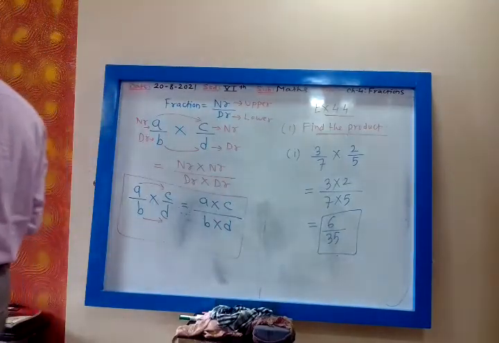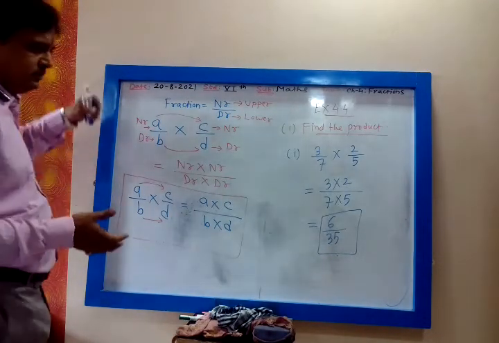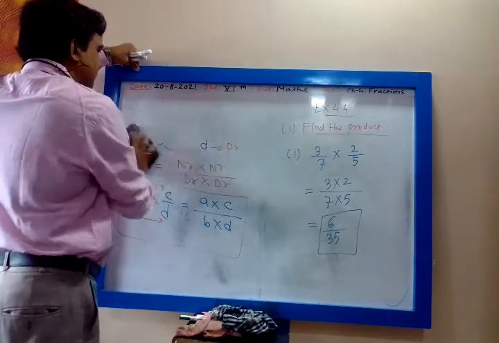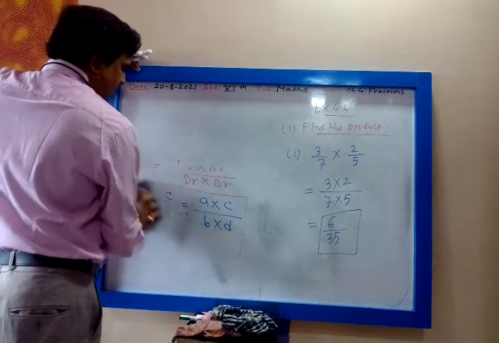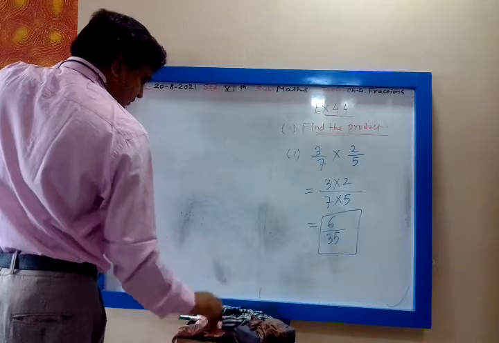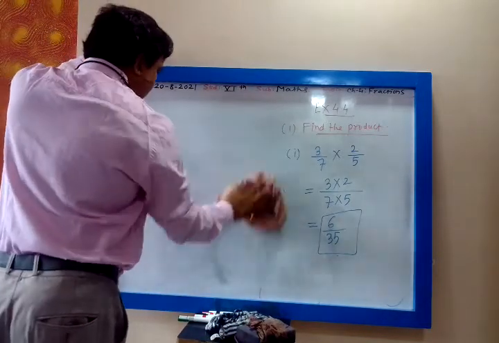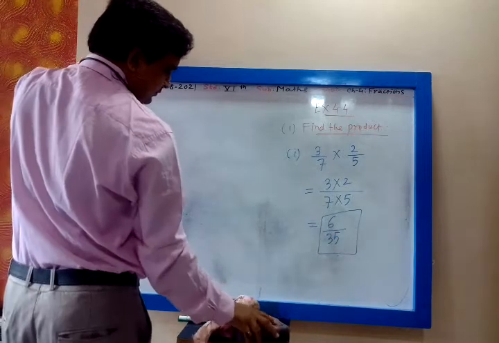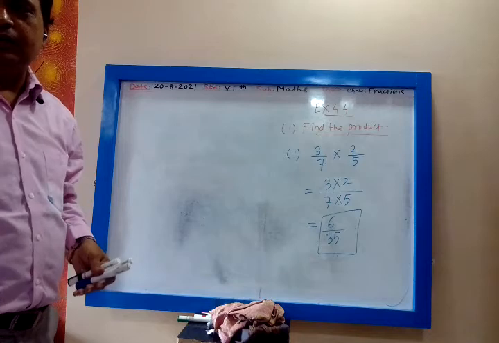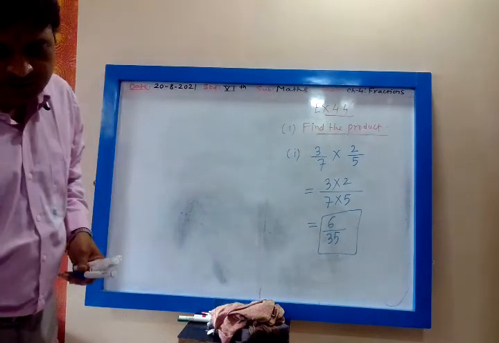Multiplication of fraction, multiply numerator to numerator, denominator to denominator. That's all. And see whether the given multiplication is in the lowest term. If it is not in the lowest term, you convert them into the lowest term by cancelling the common term of numerator and denominator. That's all. No, my dear, no. We are not talking about division. We are saying multiplication. Do not talk to me about division, okay?